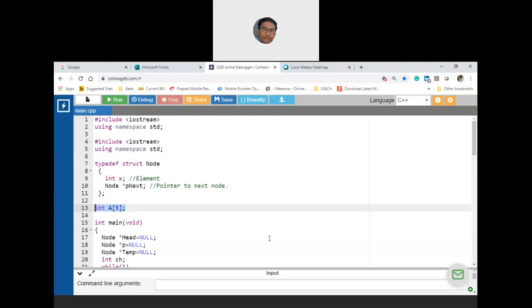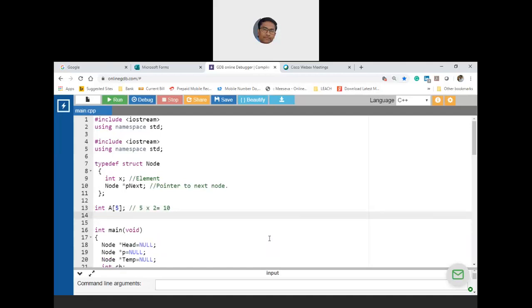If I declare an array A with 5 elements, and I use the concept of a 1D linear data structure, the amount of memory which theoretically I require here is 5 into 2, which is nothing but 10 bytes.